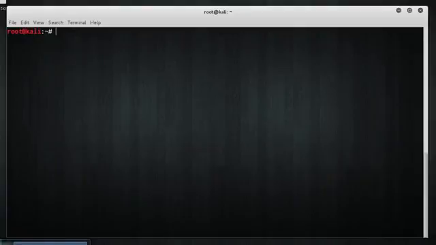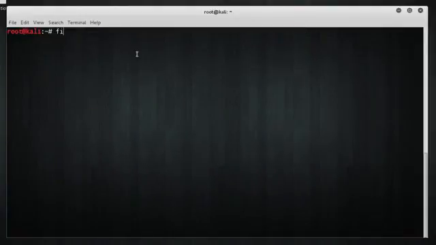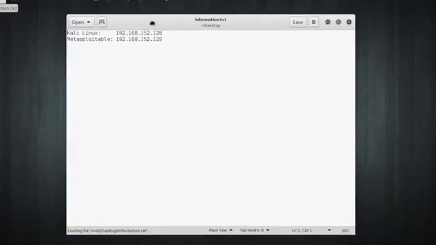And we found out in the last video that it was 192.168.152.129. Now another thing that you're going to need to do is get the IP address of your own Kali Linux machine. So this is 192.168.152.128. So pretty easy to remember, but what I did before this video even started is I just wrote those